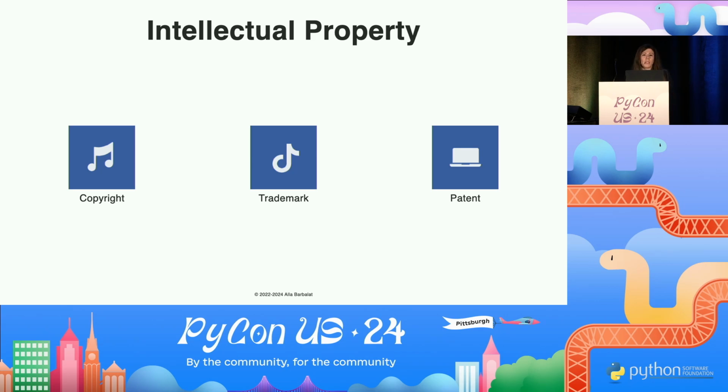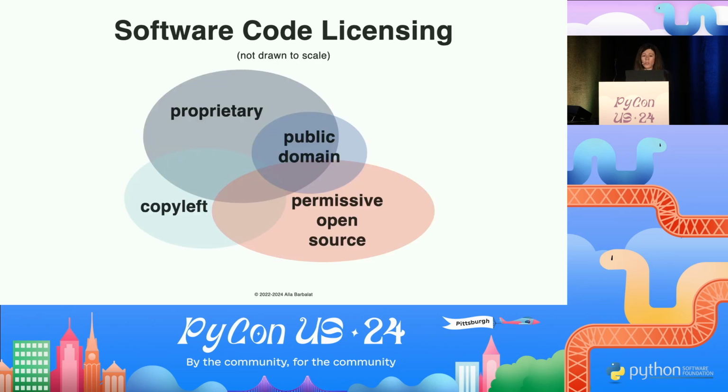So when you're thinking about these issues in terms of AI generated code, it's important to remember that some of what you might be using might just be a general idea that is not going to receive copyright protection. So now that we have a brief overview of IP, let's dig into the idea of software code licensing, because within the software arena, when we think about copyrights, we're often thinking about them more in terms of licenses than copyright specifically.